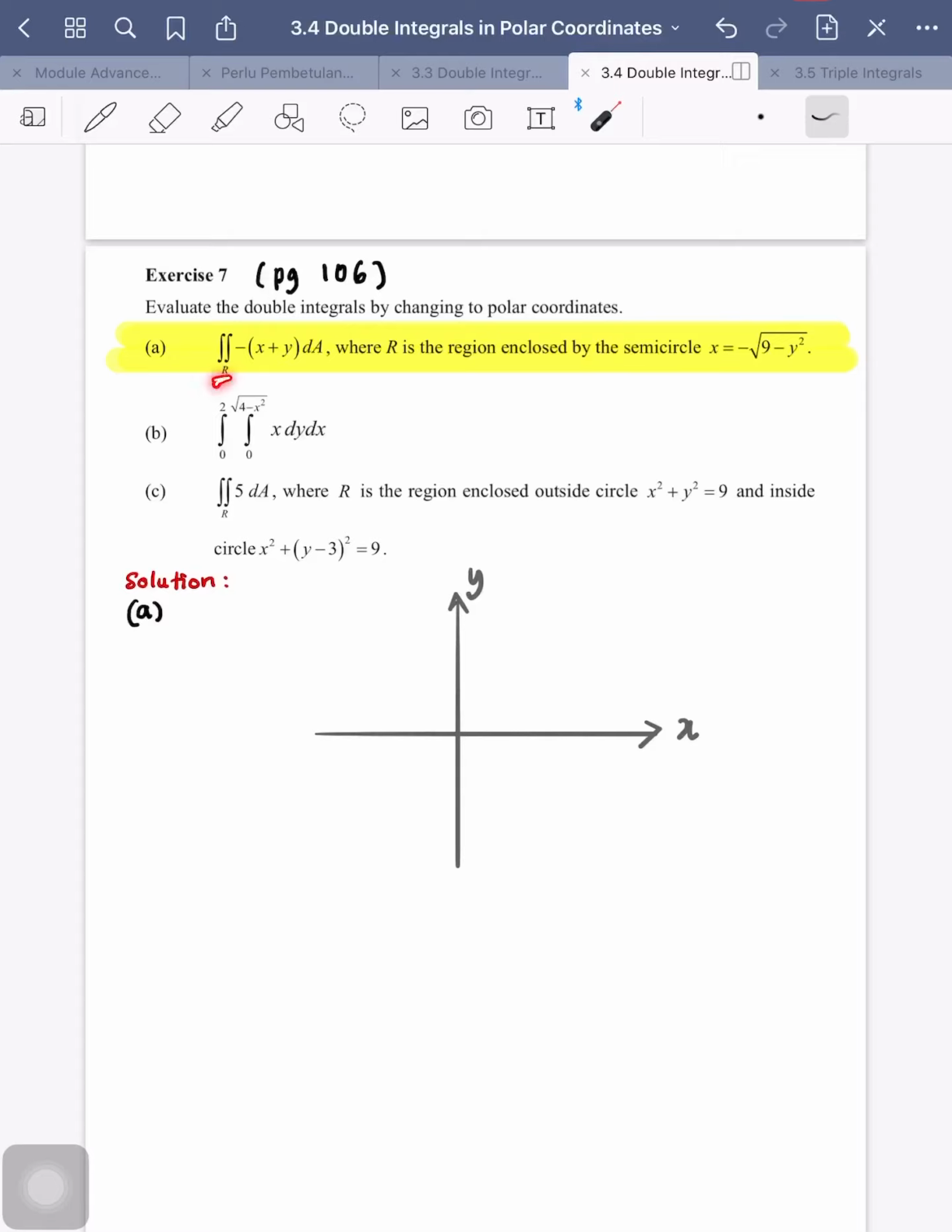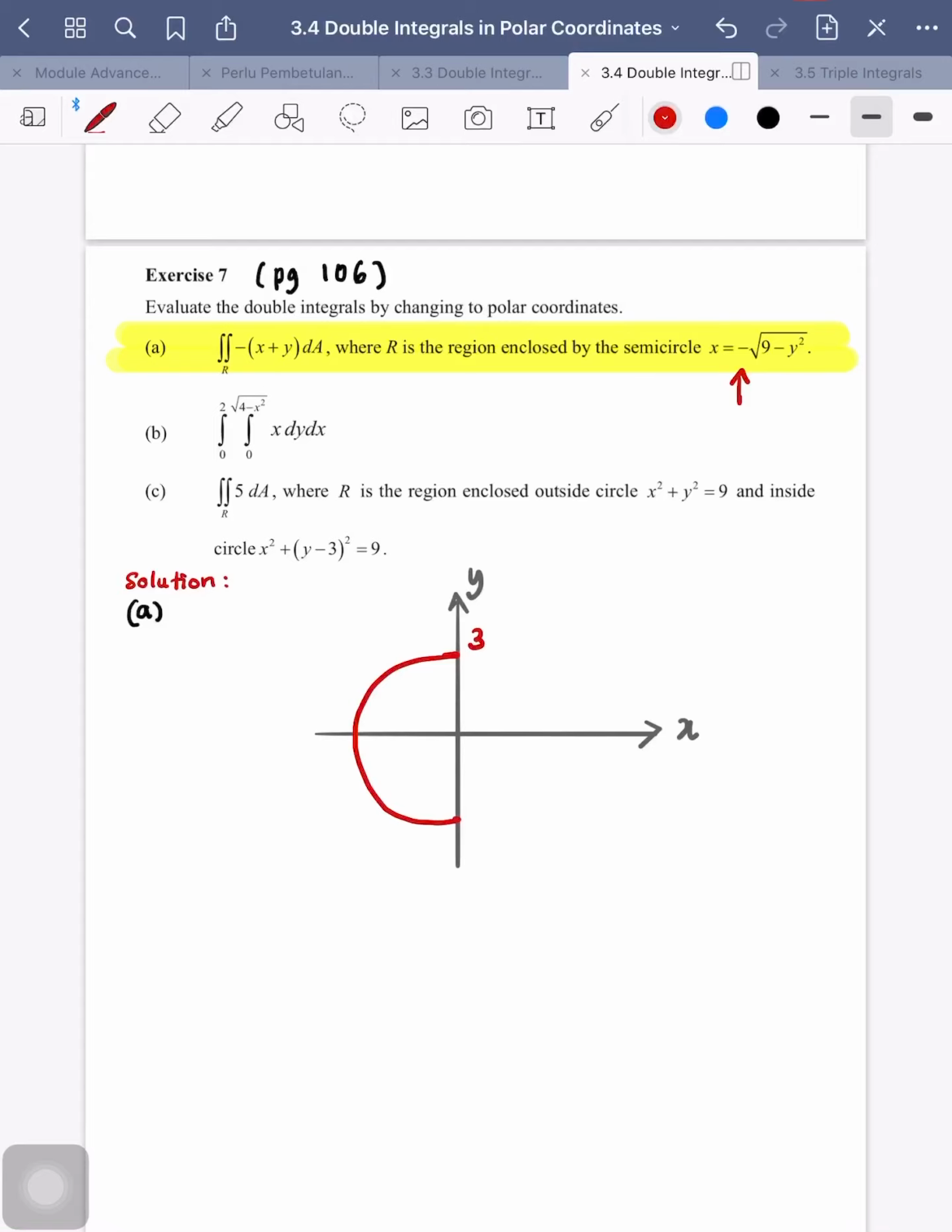Also, the region R is mentioned here, enclosed by the semicircle x equal to negative square root of 9 minus y squared. Okay, how to sketch this one? Please refer to my video on recall shape so that you understand more on how to sketch. This one, x is always negative, so it's a semicircle at this side. And the radius is